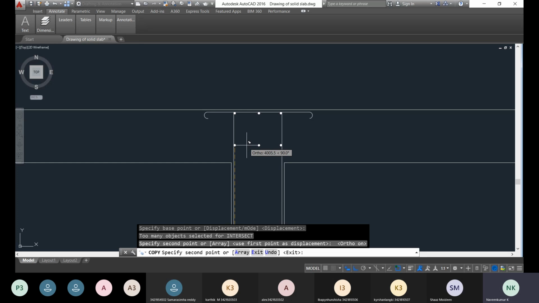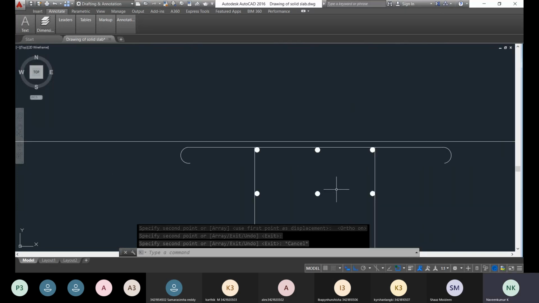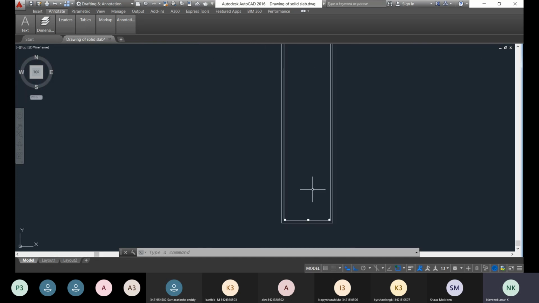But as per the design, the T-beam has more bars at the topmost section, so the distribution bars to be provided are 6. We would provide them as 2 layers, but there is no provision to provide 6 bars because the dimension is restricting. Therefore you provide them as 3 layers, like this. So the main reinforcement as well as the distribution reinforcement for the top portion and the bottom portion of the T-beam is created now.